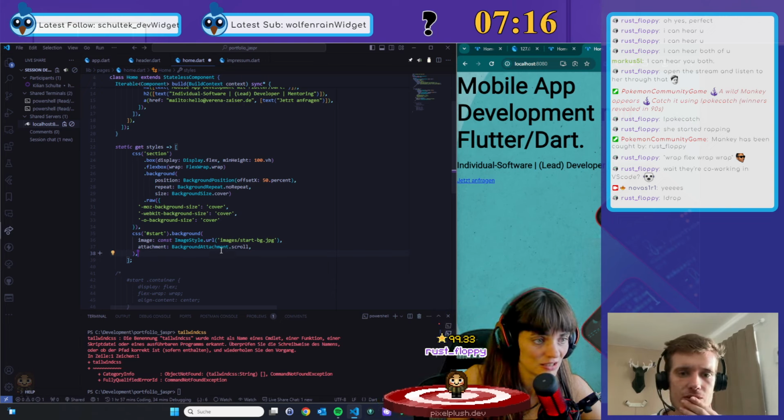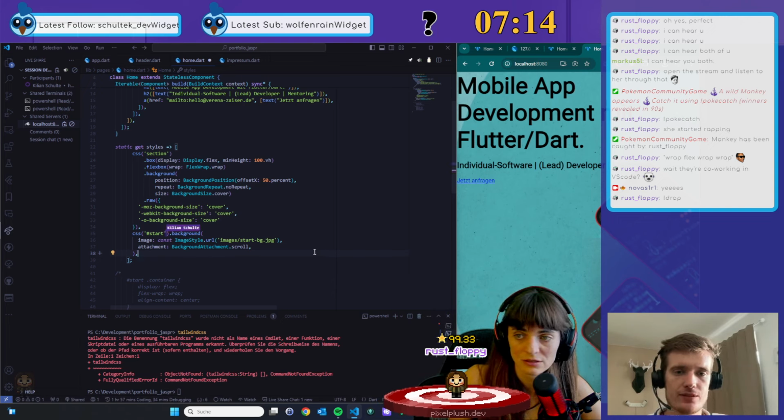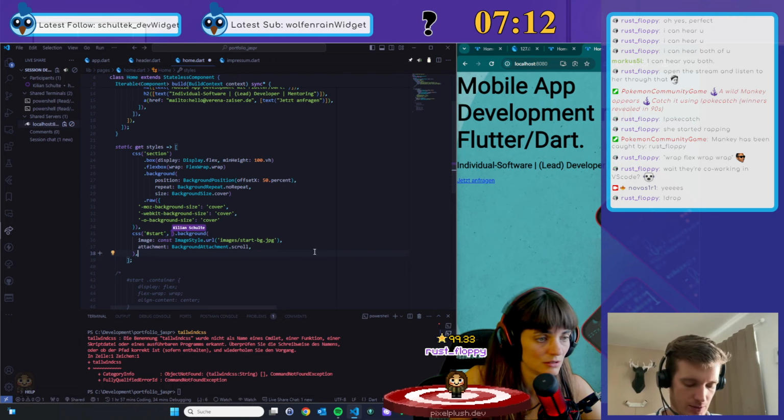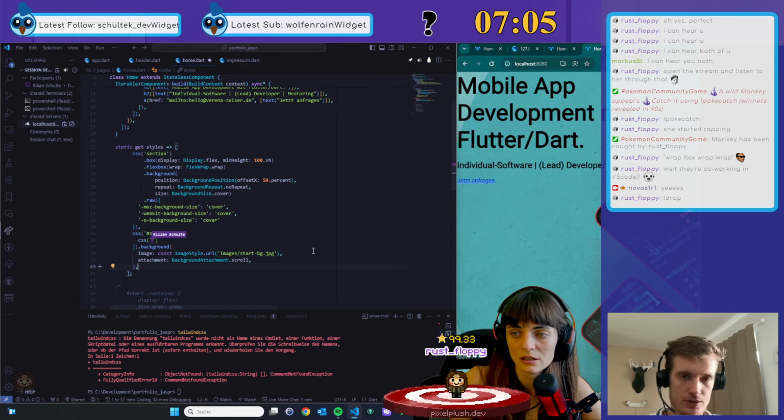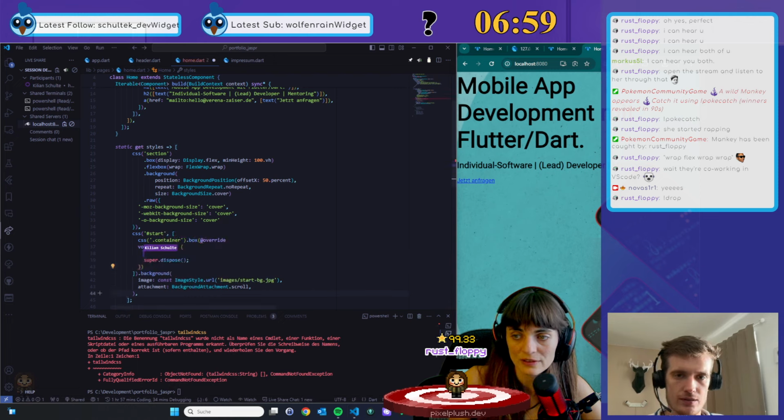There is actually. As a second argument, you can put a list, and then you can put nested styles. So I could put the dot container here now and style that.